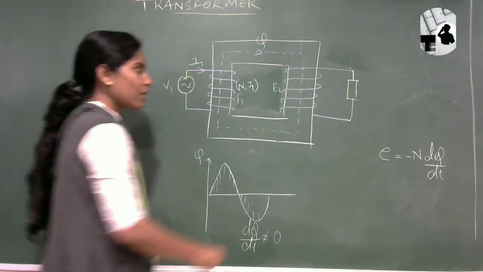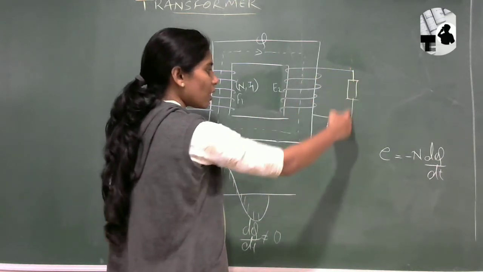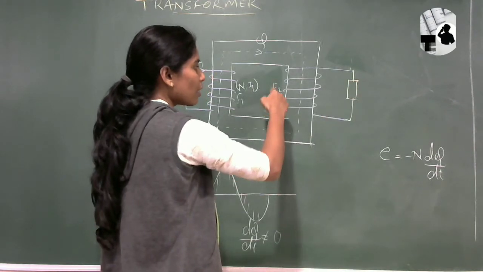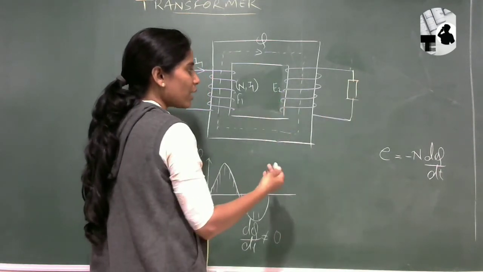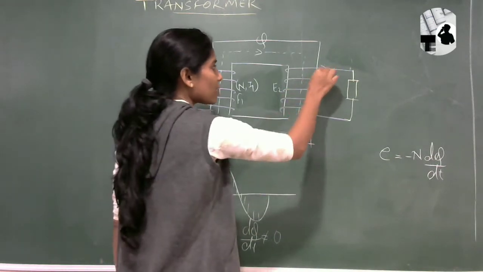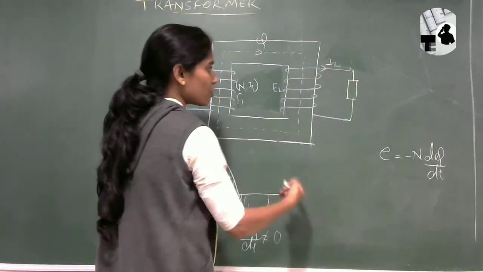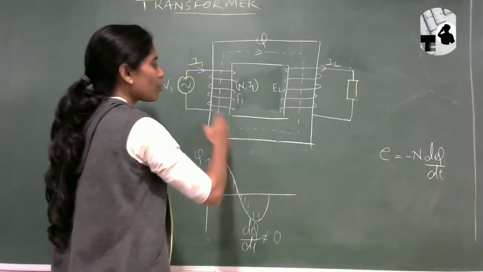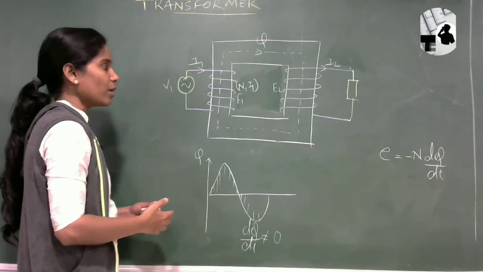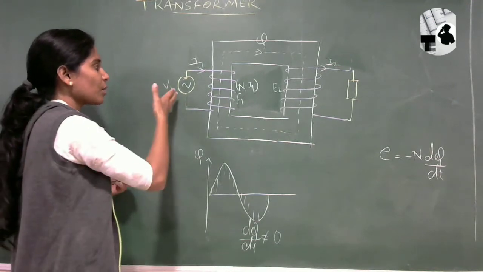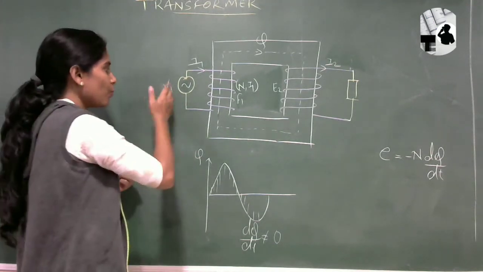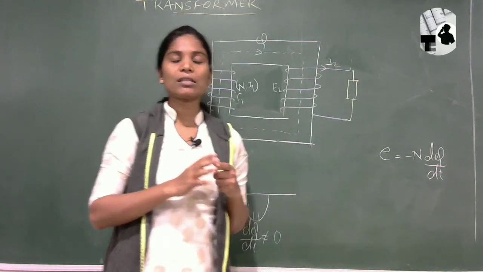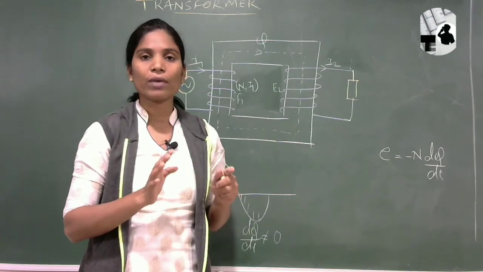Okay, and now if I connect this secondary winding with a load, you can see the circuit is completed here, and because E2 is developed and we are getting the continuous EMF, that means we will get some continuous current at the secondary also because the circuit is completed. Okay, so this is the complete working principle of a transformer, how it is going to work, what will happen when we give the DC supply, and what will happen when we give the AC supply. So a transformer is a device which only works when it is supplied with the AC. It will not work when it is supplied with the DC.